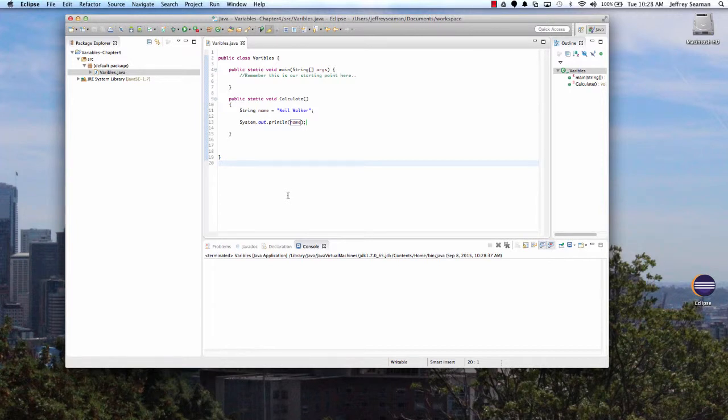I ran it, but it didn't work. Ah, this is what we forgot to do. We forgot to declare the method. So the method is calling calculate in this sense. So we want to choose calculate as our method. This is our method that gets called